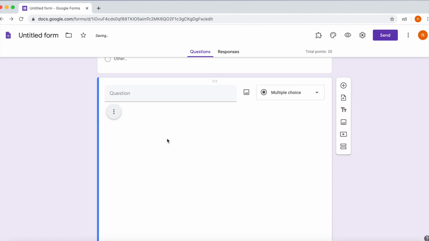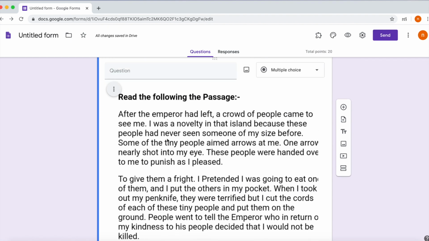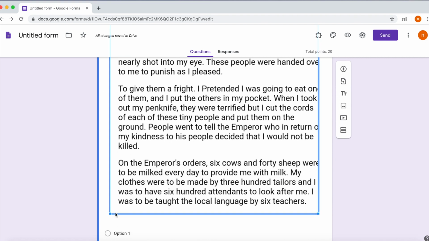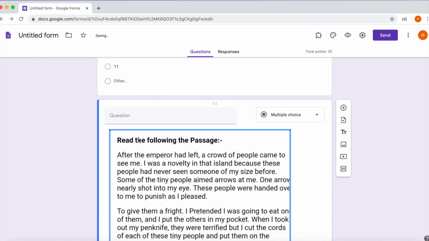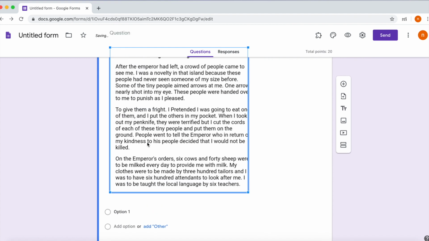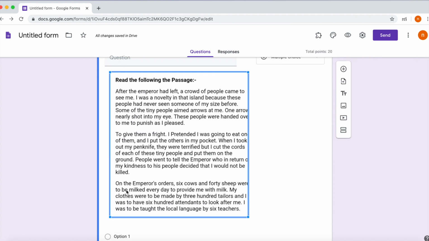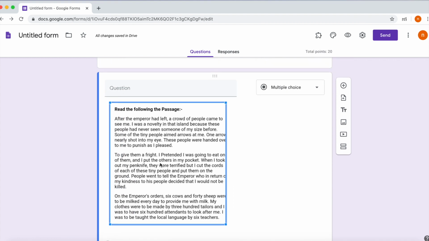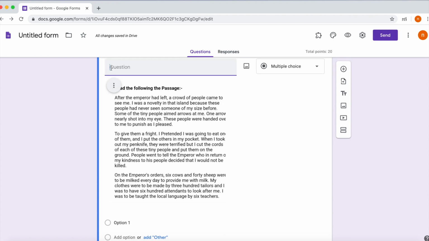It is easy. Suppose you have a set of questions, and from there you want to take a big passage or mathematical equations. You can take a screenshot, crop it, send it in WhatsApp, and from web WhatsApp you can take it to your desktop, and from there you can drag it to this Google form.